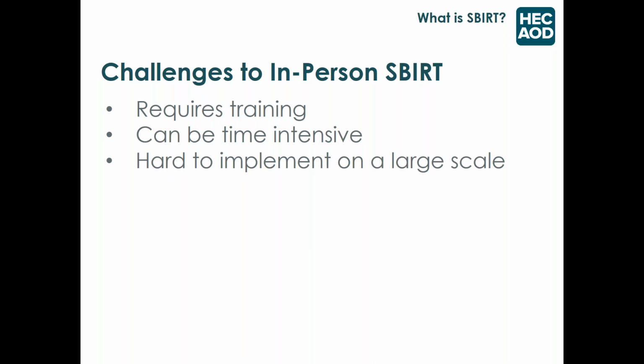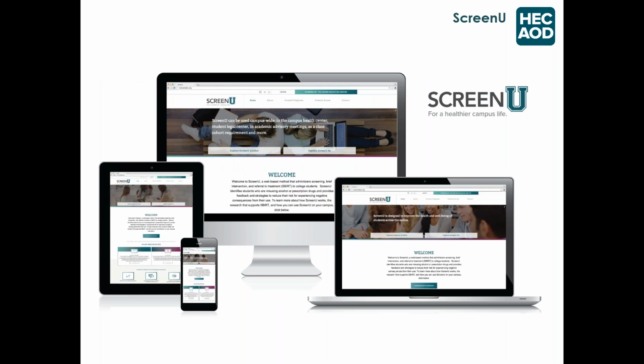So I'm sitting here on Ohio State's campus. We have 60,000 students. It would be pretty much impossible to deliver in-person SBIRT to all of our students. And even on smaller campuses, it would be incredibly challenging to deliver in-person SBIRT. And so the model for standard SBIRT can be difficult to implement in a universal way with all college students on your campus. And because of those challenges, and looking for a way to address them, the Higher Education